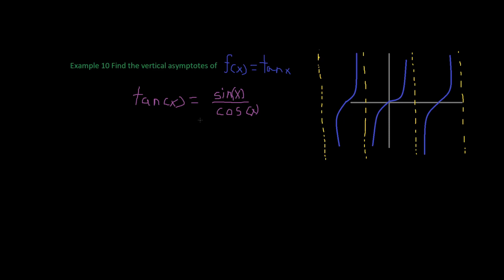So what happens when x equals 0? This whole entire function equals 0, right? If you have a calculator on hand, you don't even need to know trigonometry to know this. So let's plug in tangent of 0, and it's 0. Alright, so what happens if